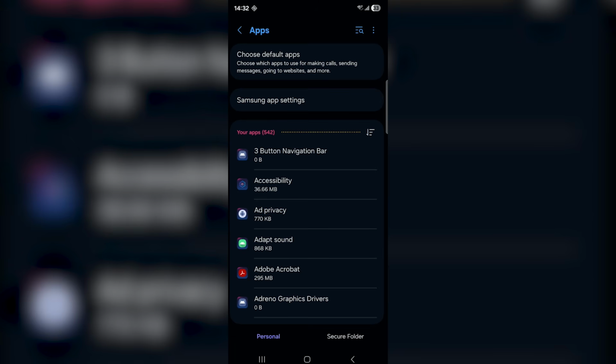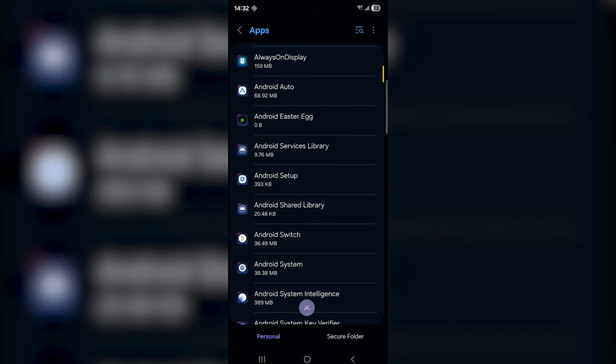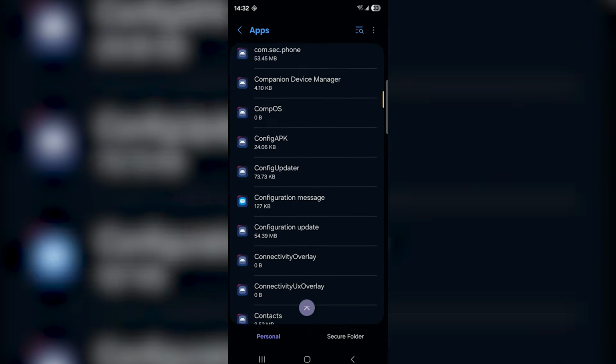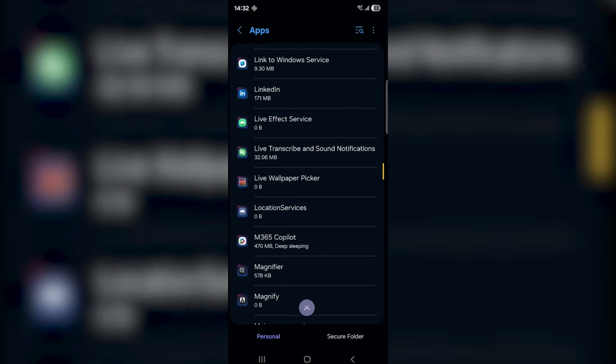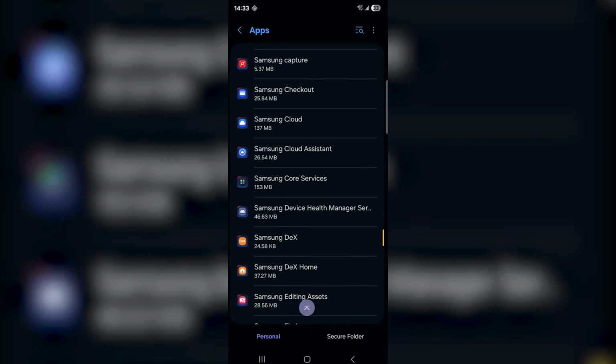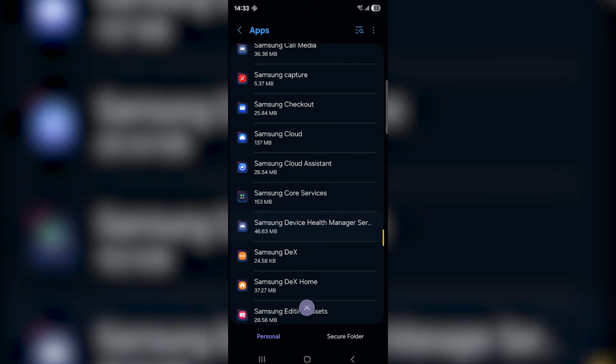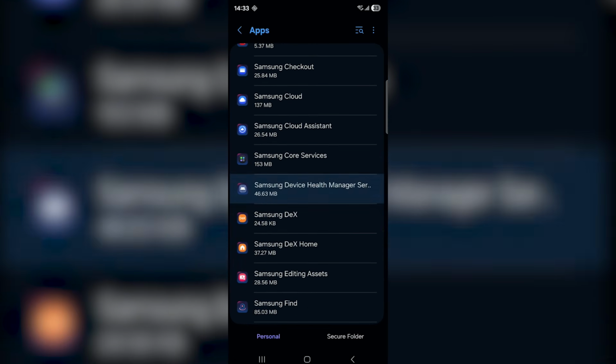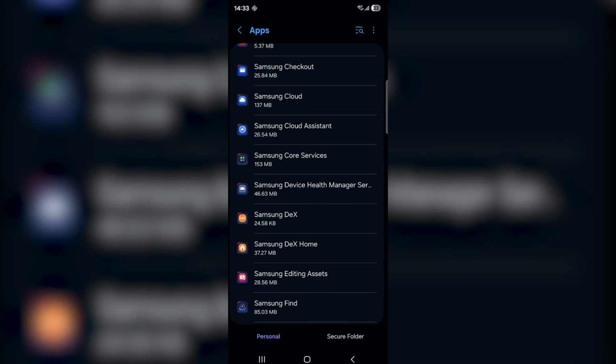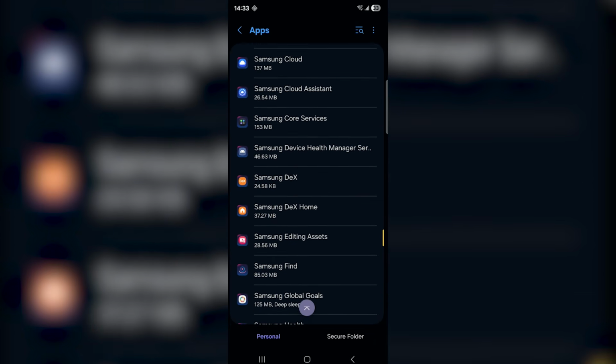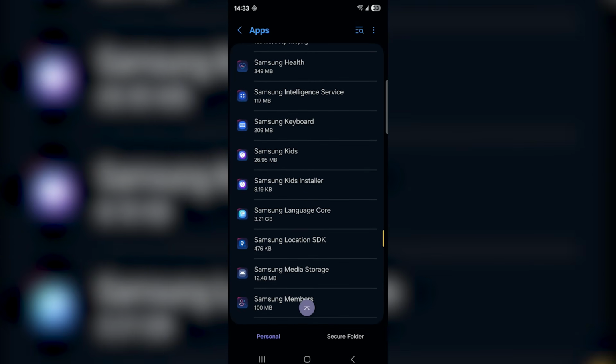Now, what I want to find is Samsung Device Care or Sound Alive. So I just want to go to S. There's going to be a lot of system apps, but don't worry, just go over to S. And then first I want to find Samsung Device Care. Once you find it, go ahead and clear the cache over there. And then what I also want to find is Samsung